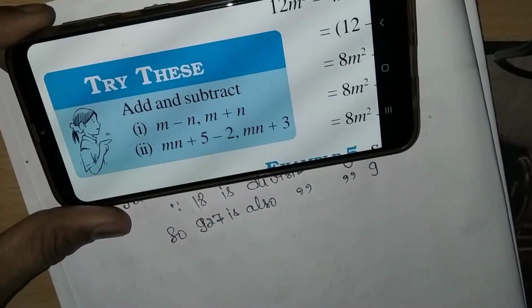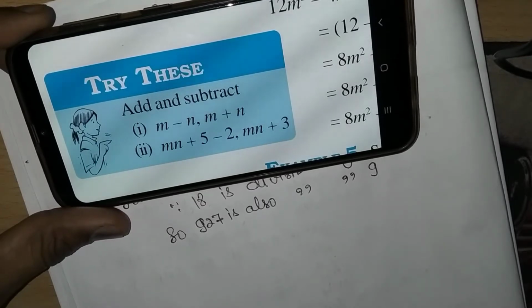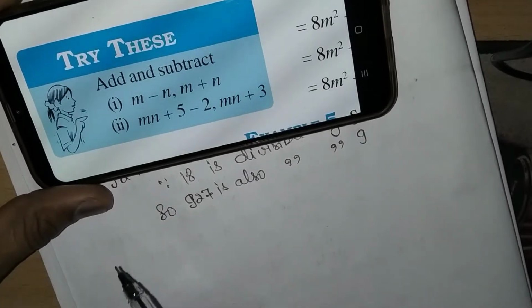Because you told me that I should speak in English so that you will be able to understand it, because you don't know Hindi. So I am trying to speak in English. I am trying to explain this in English. If there is any mistake, then please ignore that.